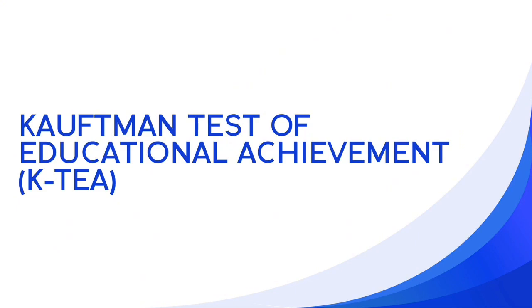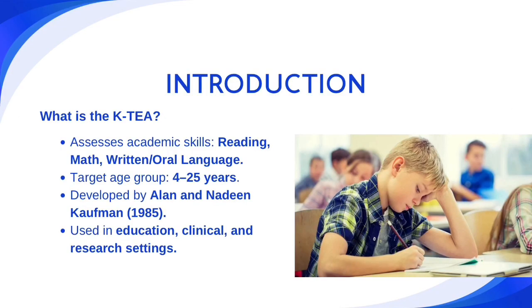The Kaufman Test of Educational Achievement. So, for a brief introduction, the Kaufman Test of Educational Achievement, or the KTEA, is a widely used assessment tool that is designed to measure academic skills in individuals from the age range of 4 to 25. So this test